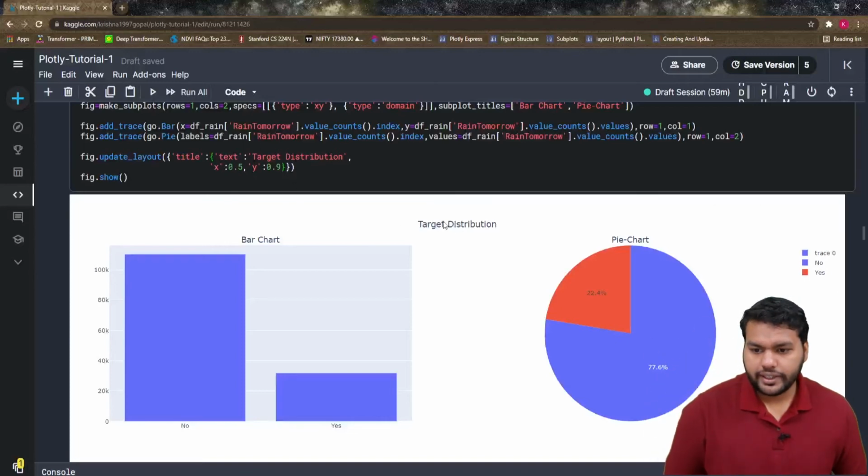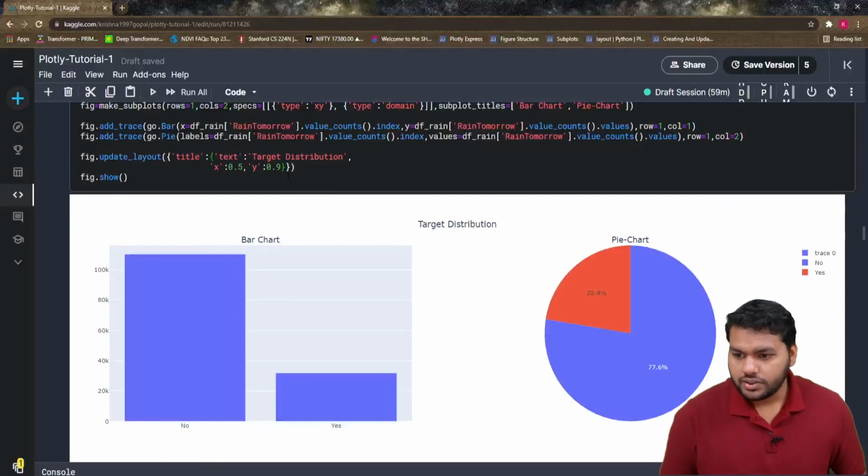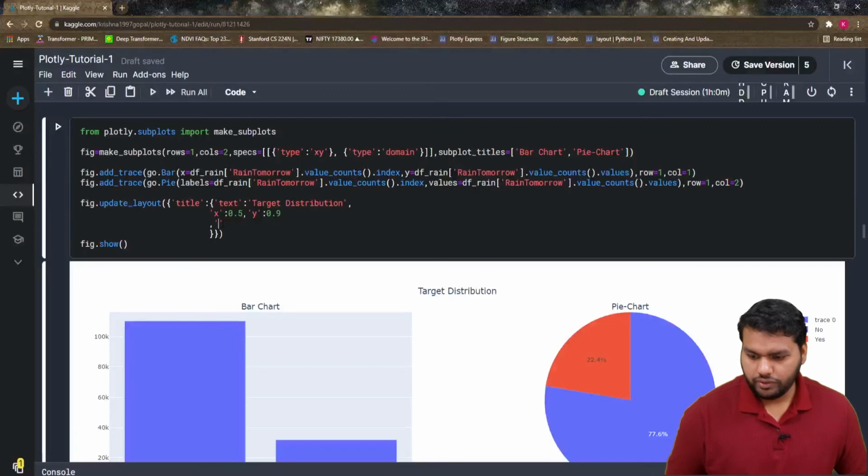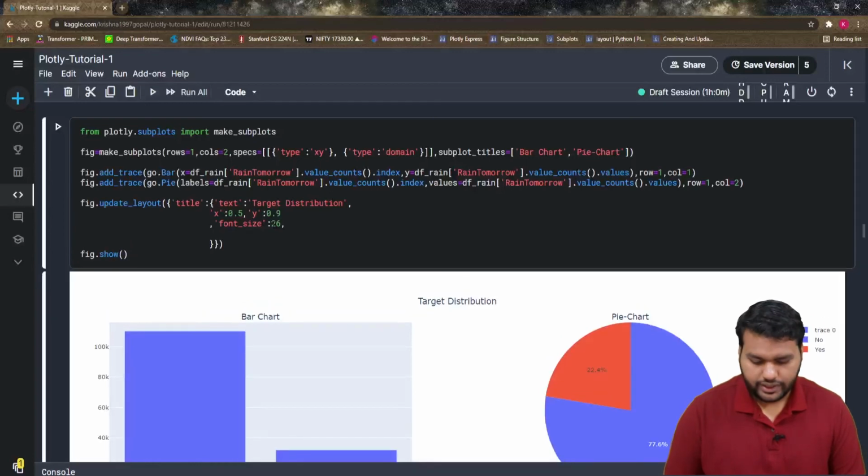Now let's make it a little bit more stylish. You can increase its size, so you pass the font size here. Font size you can give 26, and you can set its color as well. For now the color is red.